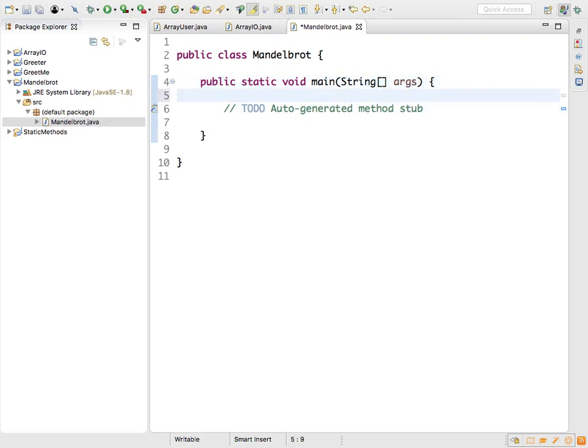Okay, excellent. So what I'm going to do is I'm going to start with a quick explanation of complex numbers. Complex numbers are really just two-dimensional numbers. They're like points. If I have a complex number C, it has two parts. One is called real and one imaginary. Have you done complex numbers in maths?